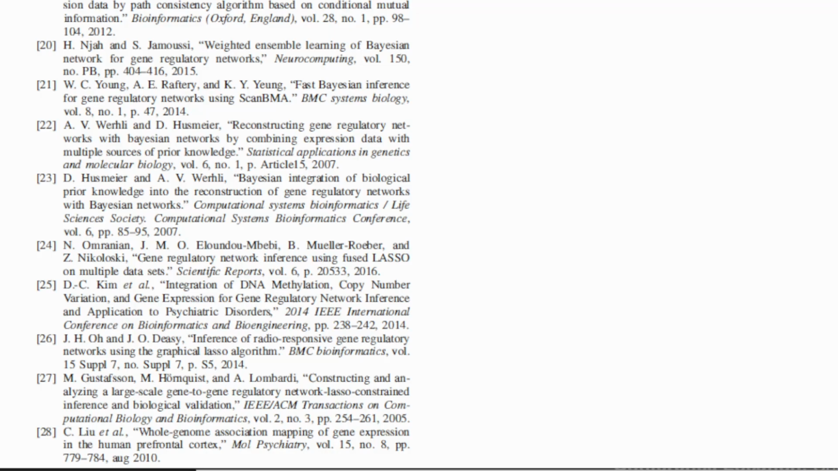27. M. Gustafson, M. Hornquist, and A. Lombardi, Constructing and Analyzing a Large-Scale Gene-to-Gene Regulatory Network Lasso-Constrained Inference and Biological Validation, iGRN Transactions on Computational Biology and Bioinformatics, Volume 2, Number 3, pages 254 to 261, 2005. 28. C. Liu et I., Whole Genome Association Mapping of Gene Expression in the Human Prefrontal Cortex, Mole Psychiatry, Volume 15, Number 8, pages 779 to 784, August